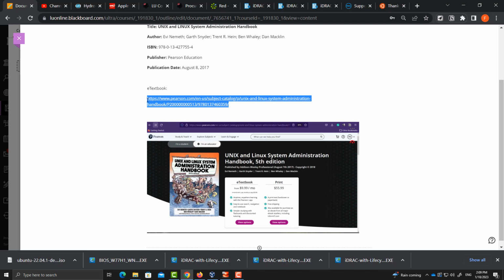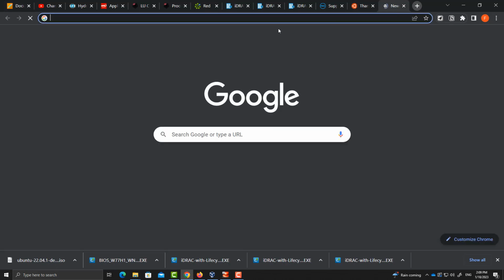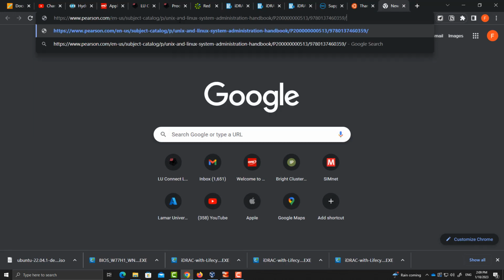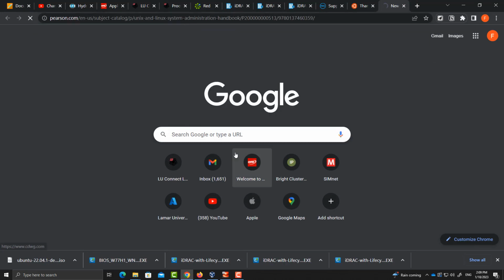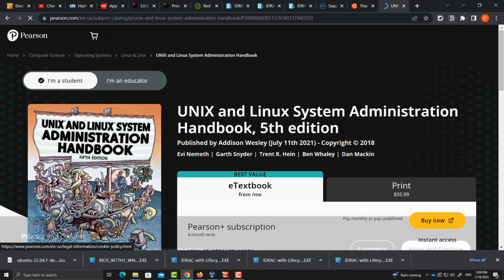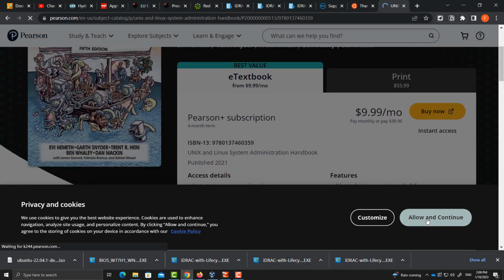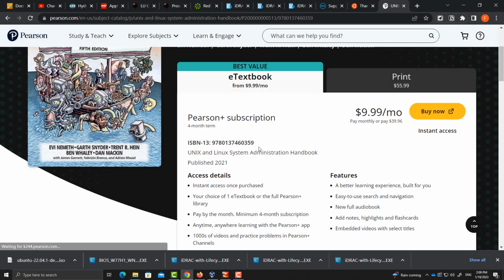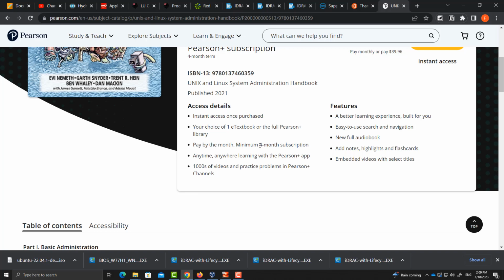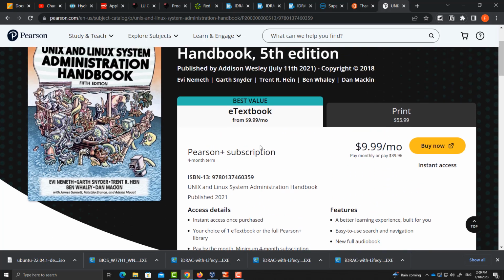You have to have this textbook for this class, so make sure you get either a used book or the ebook. It is your choice, but you have to have it. A lot of the material depends on this textbook.